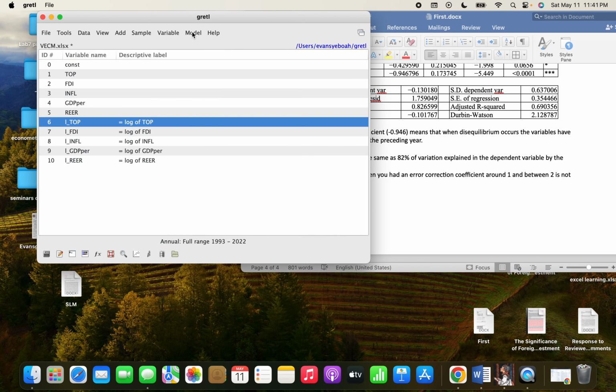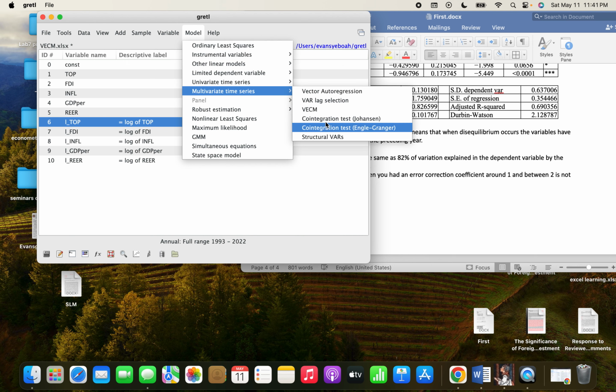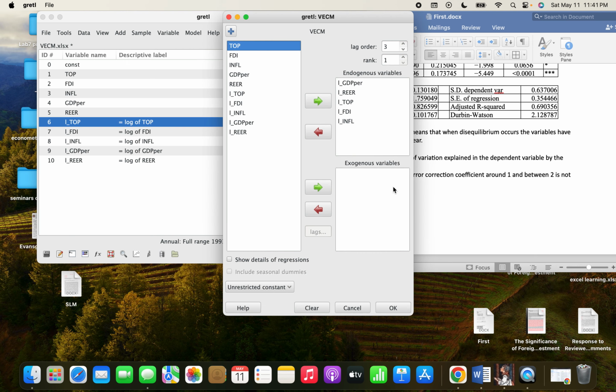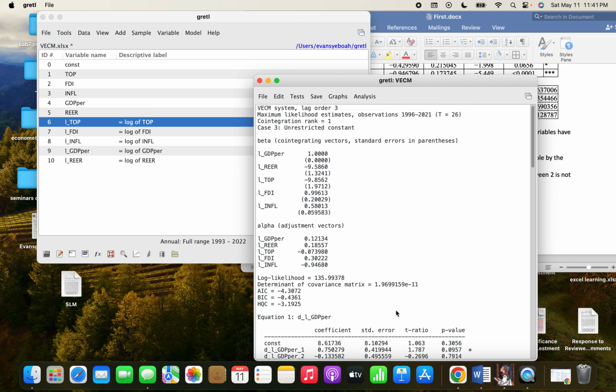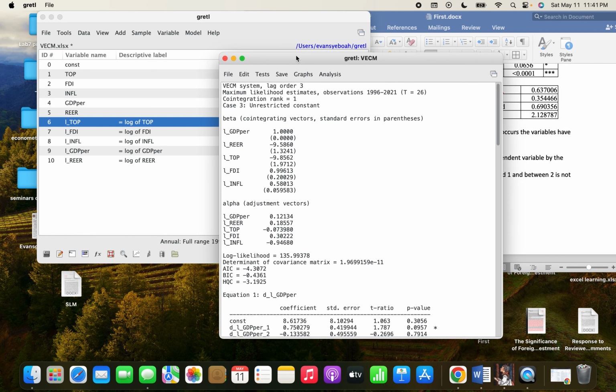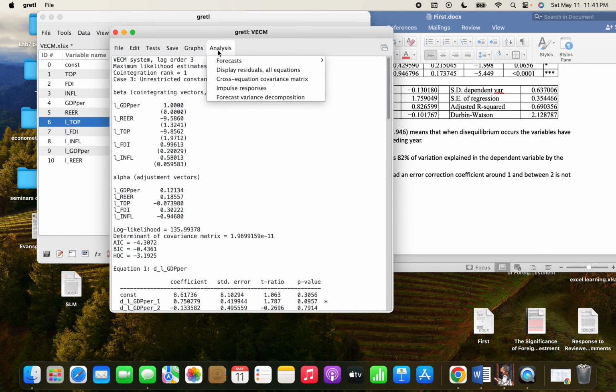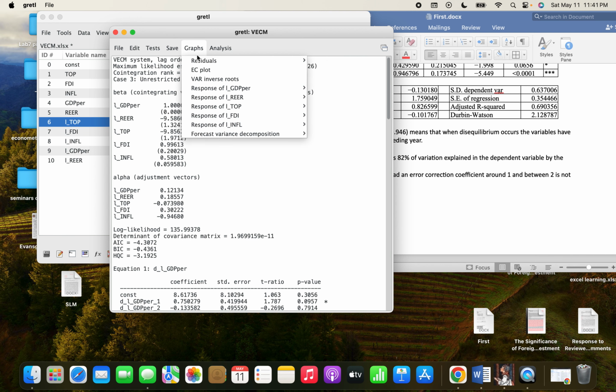So let's try to run the test again and do what I'm talking about. Here we do this, and then let's do analysis. You can see impulse here, you can run this, and you can do all these things. You can go to graph and try to plot this one. This is very important. You can do the easy plot